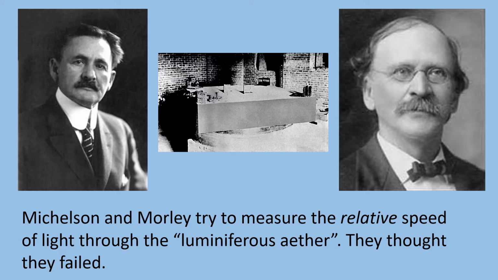Michelson and Morley thought they had failed. But as we've seen over and over again, sometimes failed experiments lead to more significant discoveries than experiments that turn out as planned. Not only did this experiment start to get people to doubt that there was an ether, no one today believes that there's such a thing, but it also proves that the light speed is constant and never relative. And that is a very important observation. That leads to special relativity.